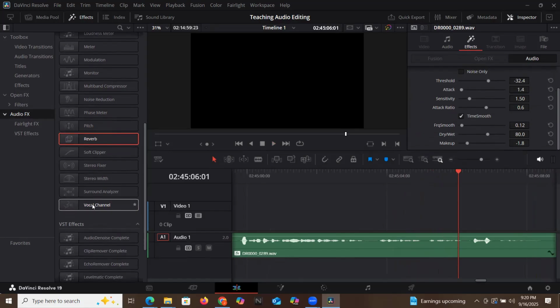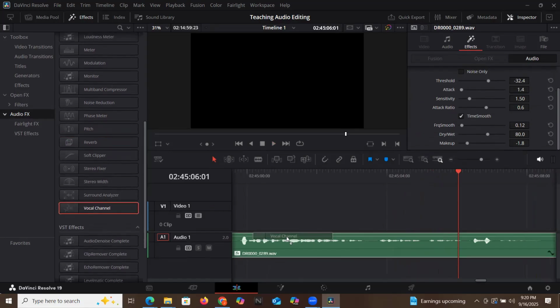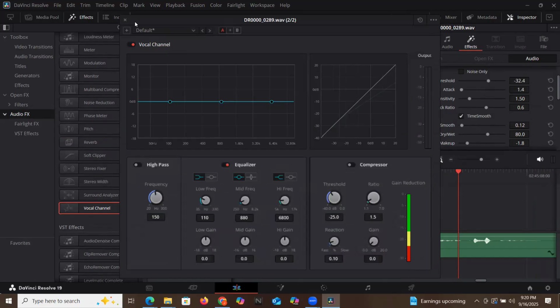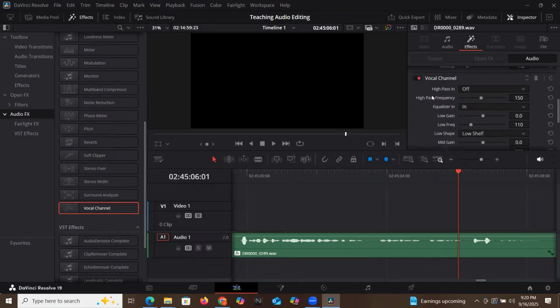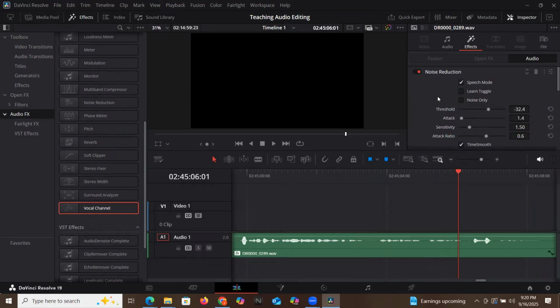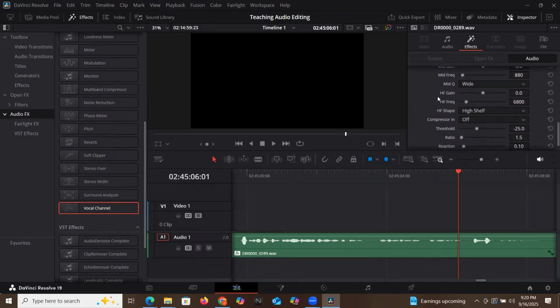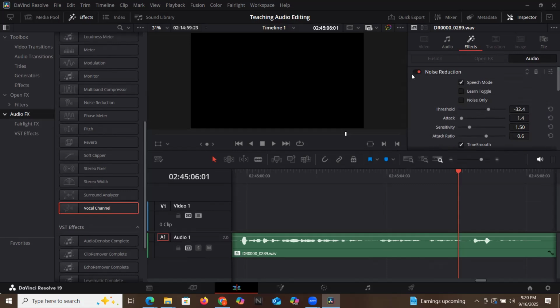And there are other things that we can play with here, like vocal channel is a good one to have on there. And again, don't be threatened by how many buttons there are here. Just don't be afraid to play with them. And again, if you want some more information on what each one of these things means, you can ask me, you can ask Joe, you can ask the internet, or if you just say, well, I know that if I do this and this inside vocal channel, it's going to make it sound as best as possible, and that's really all I need, then that's